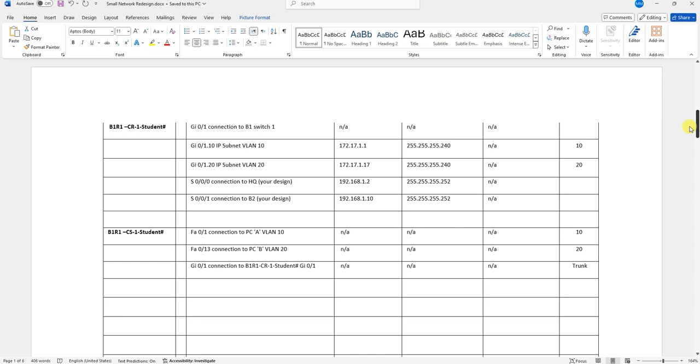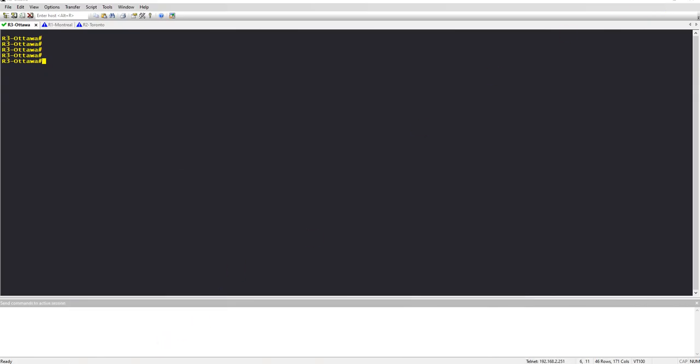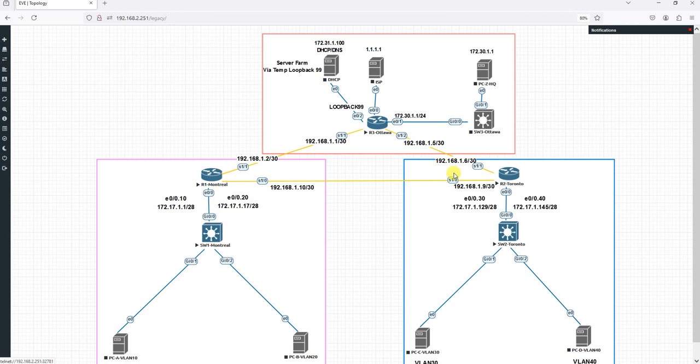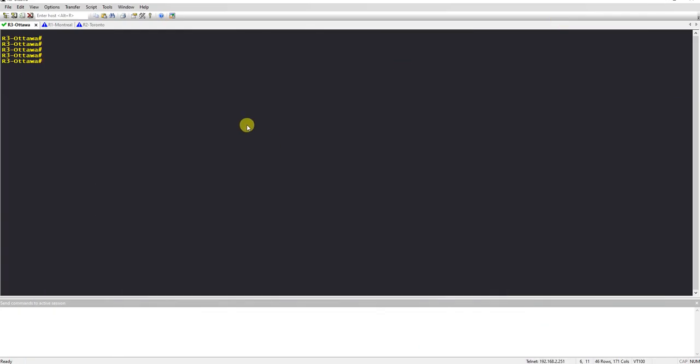The only difference is now we are configuring on the Ottawa, and then we will be removing the DHCP servers from these locations ultimately and configure them as the relay agents. So on the Ottawa router, I'm gonna configure IP DHCP pool for VLAN 10. The network which I'm gonna use is